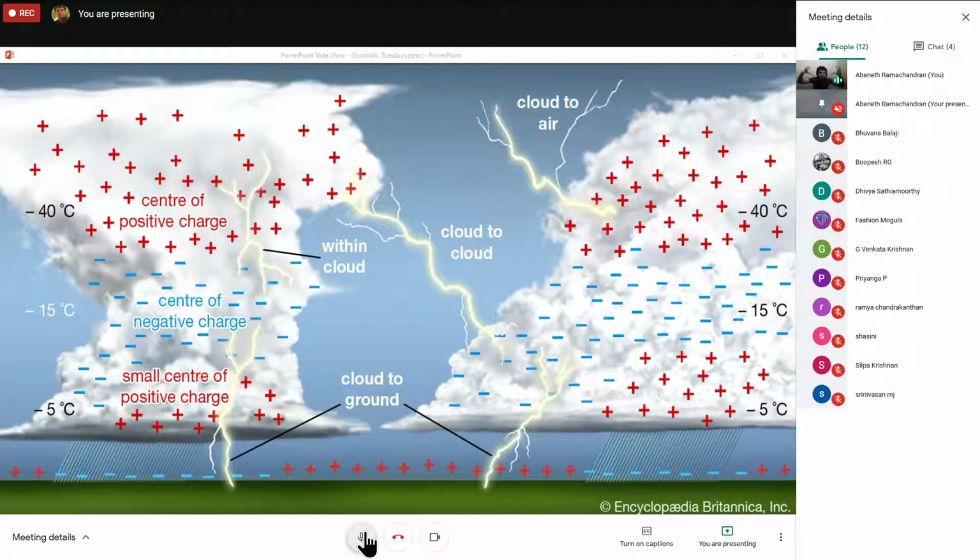So all these charges will go very, very big around the clouds, and they sometimes have 4 different effects. One, the charge will go from cloud to the air, so that you can see a lot of positive charge goes and fills out into the sky, and it becomes another negative charge. Sometimes it goes in between the clouds. It goes between cloud to cloud, where there is more positive on one side, more negative on one side.